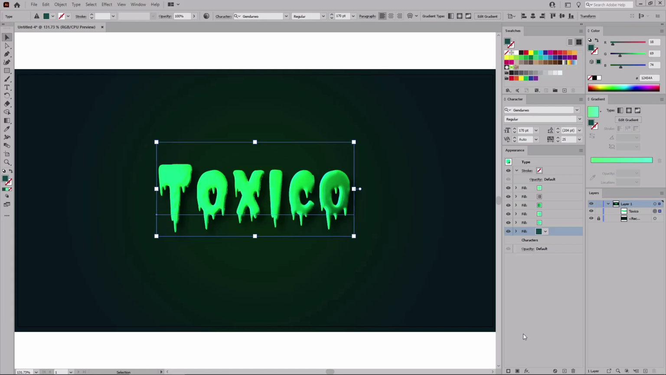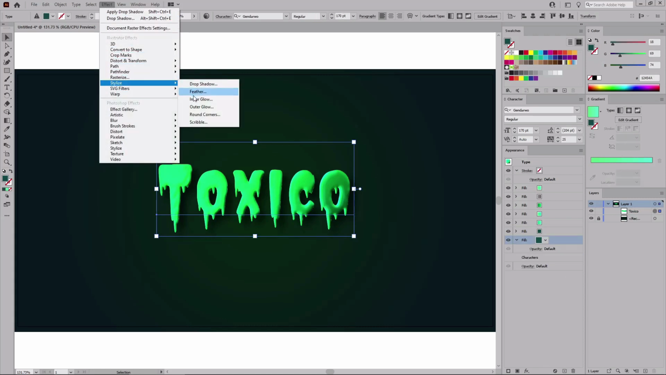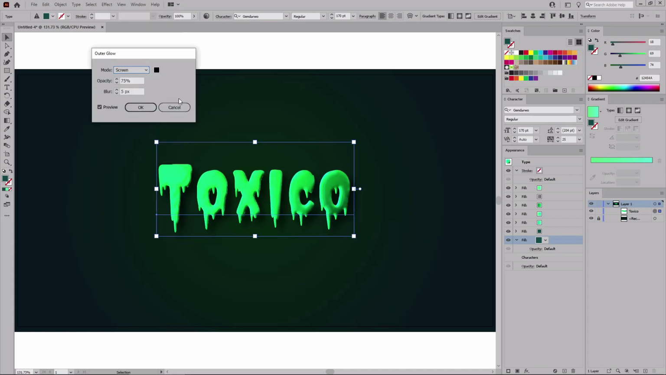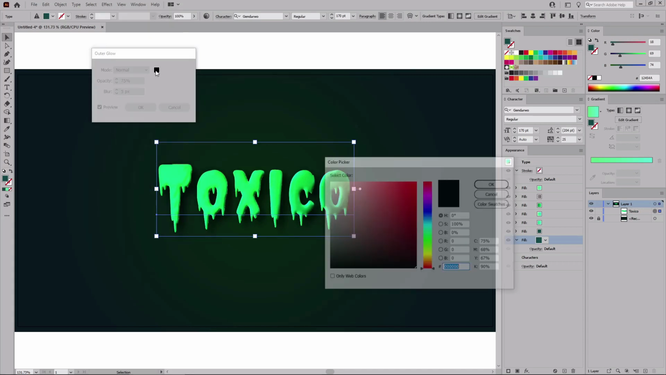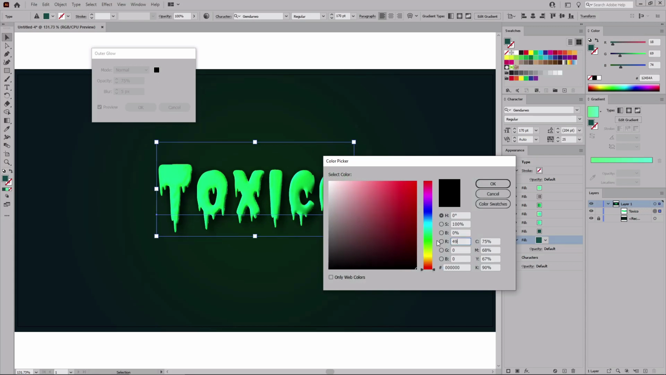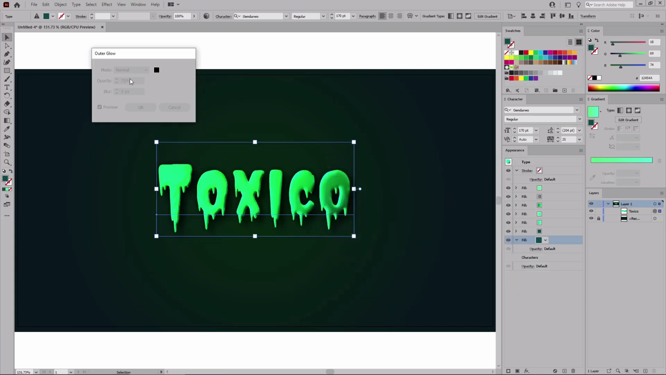And then for the final time, return to the appearance panel and click this button to add one more fill for your text. Drag it below this other fill. Make sure that you keep it selected and go to Effect, Stylize and Outer Glow. Change the blend mode to normal and the color to 49, 252 and 34. Increase the opacity to 100%, lower the blur to 4 pixels, click OK to apply this effect